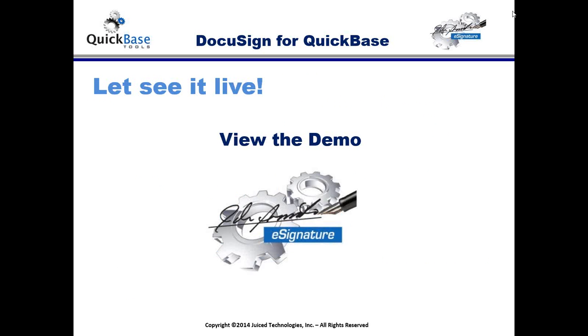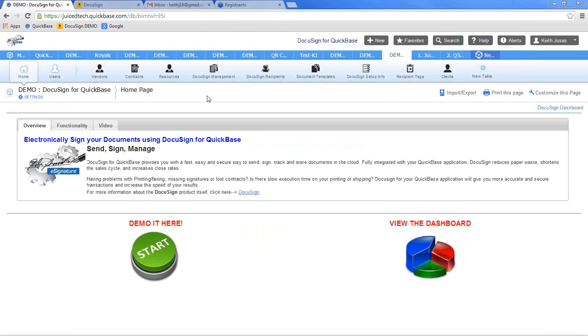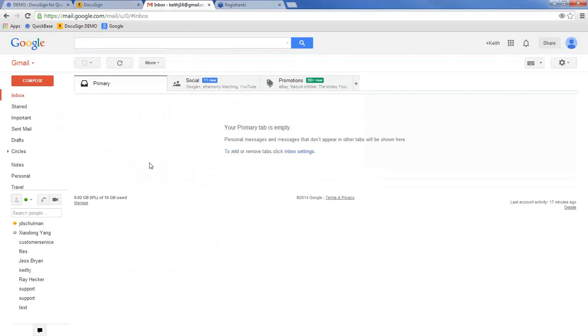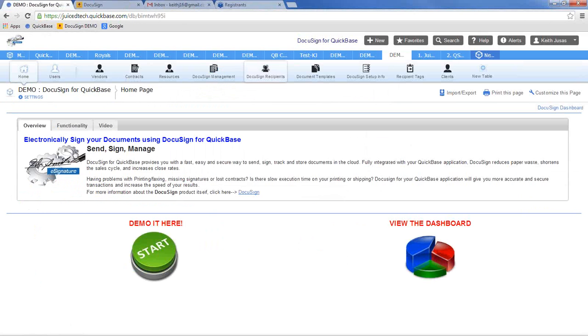So why don't we go right into the demo. So I'm just going to switch my screens here. Okay. So what I have here is our demo application, and this is open to everyone on the internet. So everyone here can do their own demo in this application. And I have some other tabs open here. I have my DocuSign account, and I have my Gmail account because that's where I'm going to send the email to. So from our demo application, I'm going to go over to my client table,